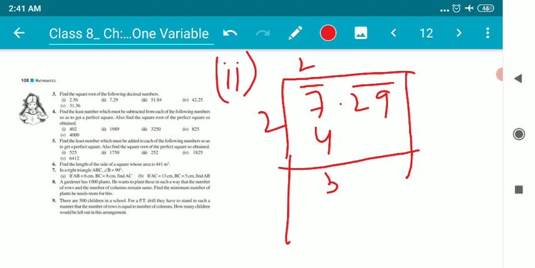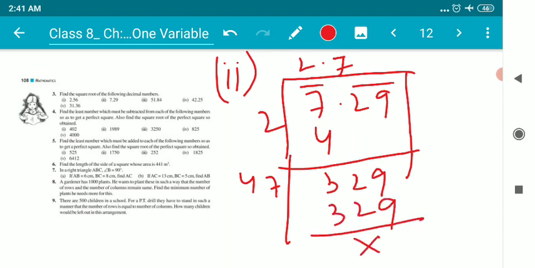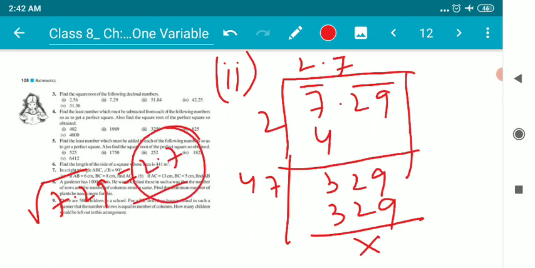Now double of 2 is 4. 4 is greater than 3. I cannot divide. I have to bring down 2 and 9. Before we bring down 2 and 9, there is a point. So put a point in the quotient also. Okay. Now bring down 2 and 9. So what may give 329? If I take 7 here and if I take 7 here as well, 7 into 47 is 329. That's all. So children, the answer of root over 7.29 is equal to 2.7. That's all. I believe it's clear to everyone, children.